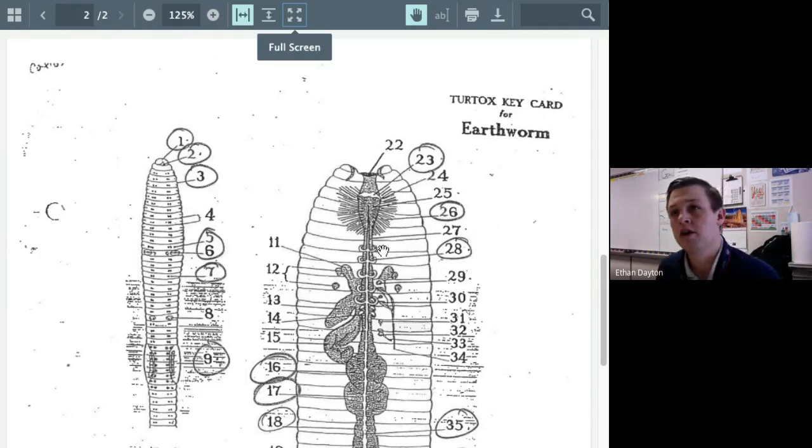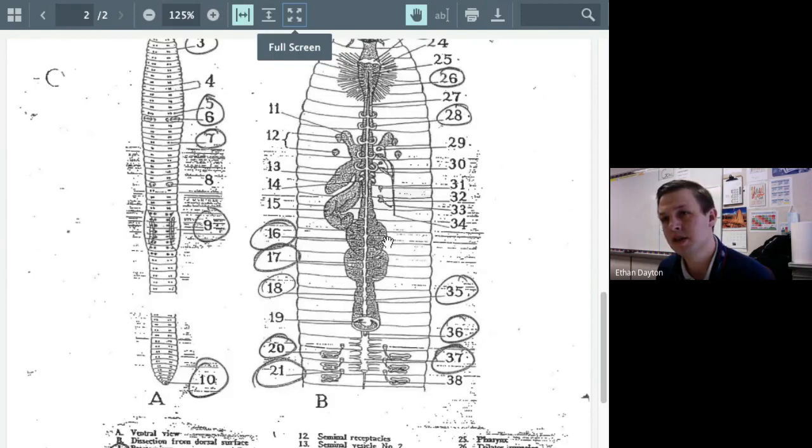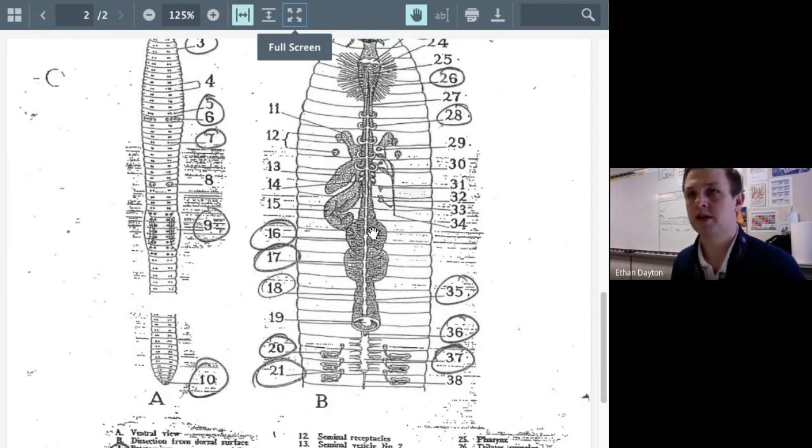Now, earthworm goes from the pharynx to the esophagus, does not have a stomach, okay? Does not have a stomach. Goes from the esophagus to this number 16 right here, okay? Number 16, if you remember from the dissection, when I poked at this number 16, it was soft, kind of like an airbag, okay? What is the name of that soft airbag where food is stored for a little bit and somewhat digested? Number 16, Cooper. The crop. Yeah, the crop. Okay, very good.